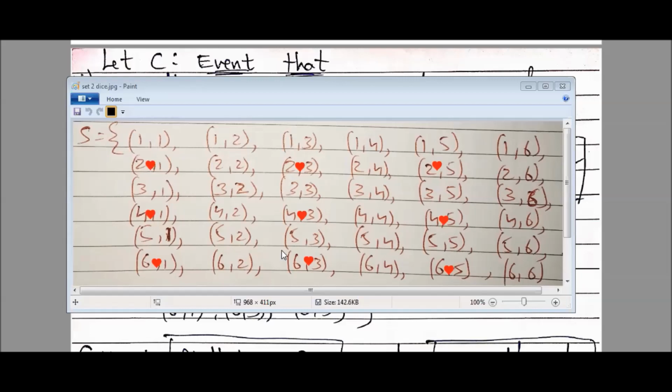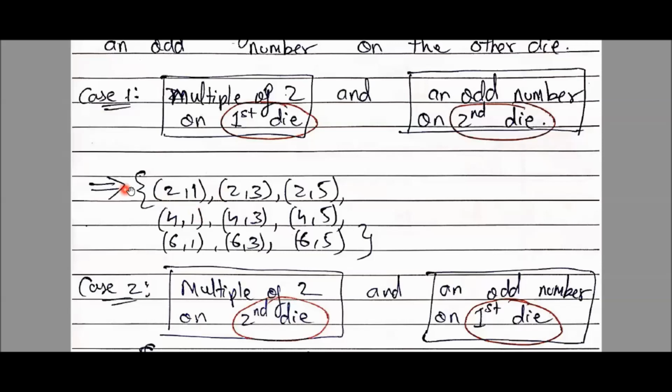But students, this is what we have considered, we have considered it like this. There can be a second case also, so we need to solve that second case also. But let's first write this much in our case 1. So here I made a case 1. I just copied all those 9 elements here. Now case 2, see I have just interchanged.